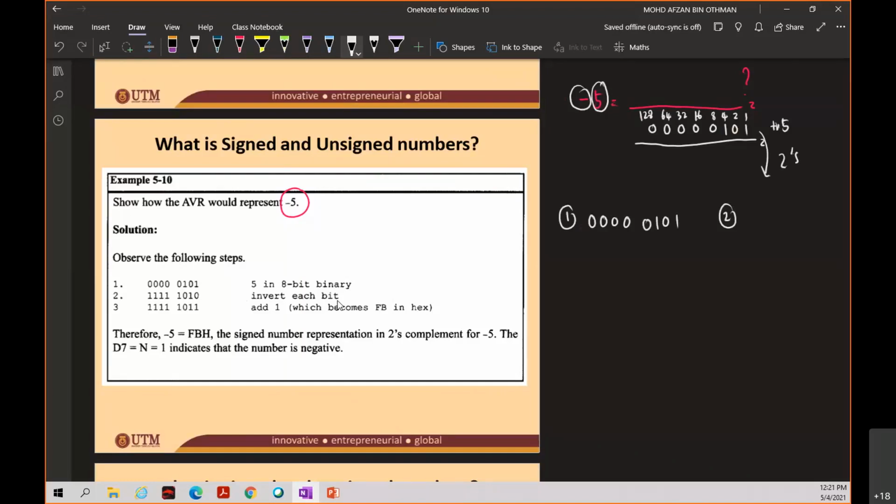The first step is to get the first complement: you invert each of these bits, so it becomes 1, 1, 1, 1, 1, 0, 1, 0. Then to change it to the second complement, you add 1. So you add 1: 0 plus 1, you get 1, and the rest is